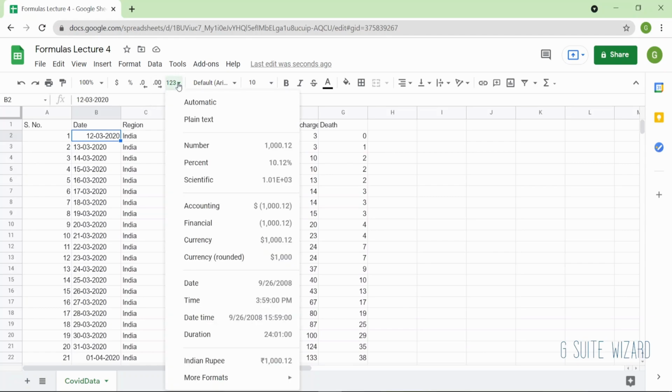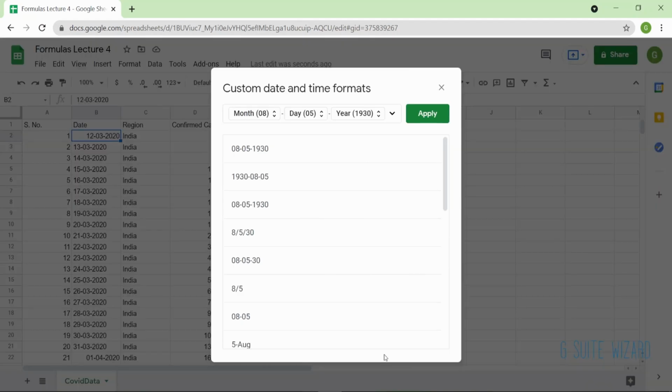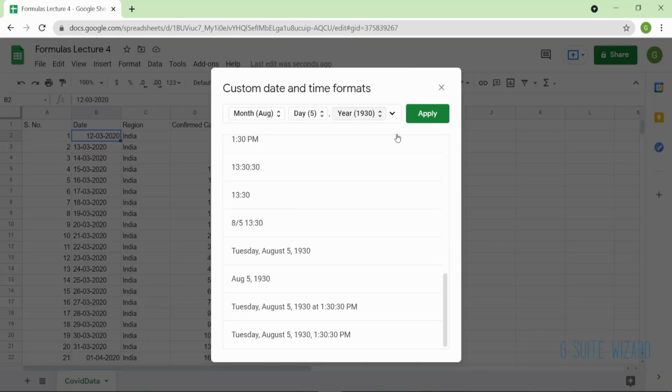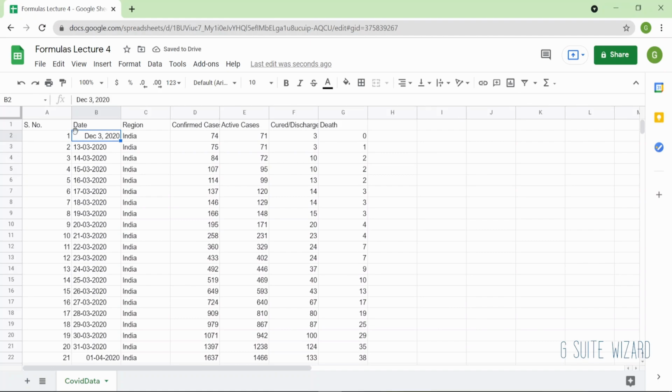But when I go over here, let's say I change the format. As you can see, it has changed to December 3rd. So this is being recognized as December 3rd instead of March 12th. Okay, so there's no 13th month. So this has gone to the left side and it is being viewed as a text or a string. So firstly, what we need to do is clean up this column.